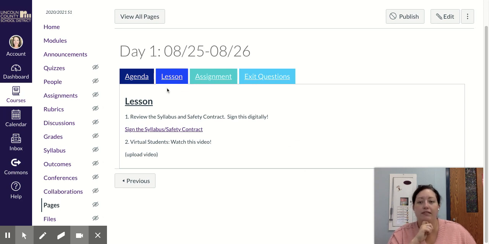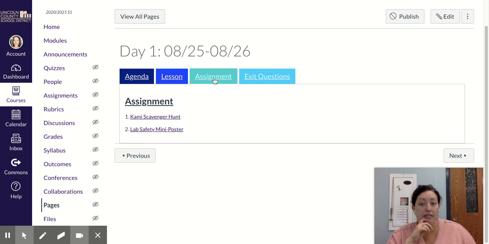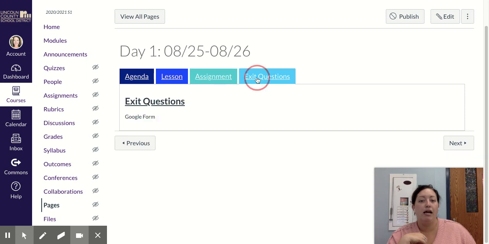Your lesson, your information input, is going to be on this tab. Any resources that I give out will be here. The next tab is going to be the assignment. Whatever is being assigned for the day is going to be here. Normally it's probably just going to be one thing, but today we're going to do two. We're going to have the Cami scavenger hunt, and then your lab safety poster, and then your exit questions,